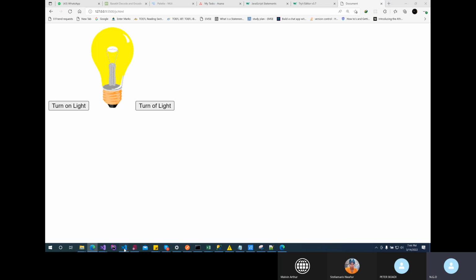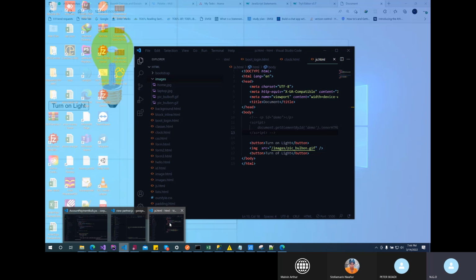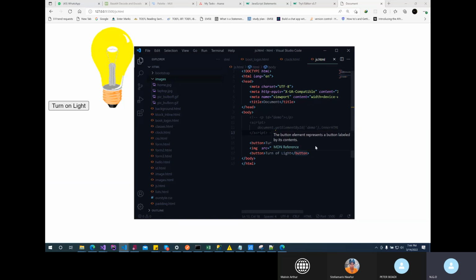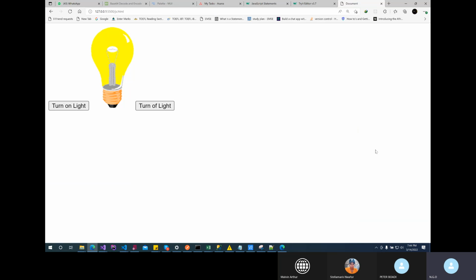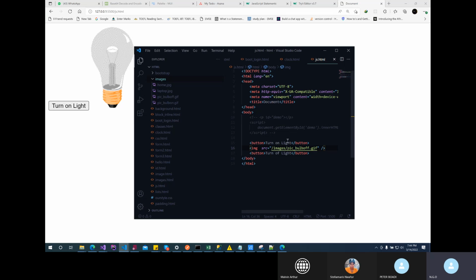Now you can use JavaScript to change the attribute of an element. So let's go back to the off state. Now this is turn on. Now when you click on this button, you want to change the element to let it appear as if the light has been turned on. So HTML has what we call onclick. Then what we're going to do is